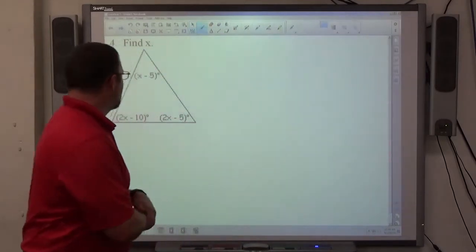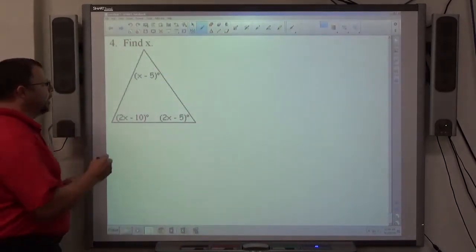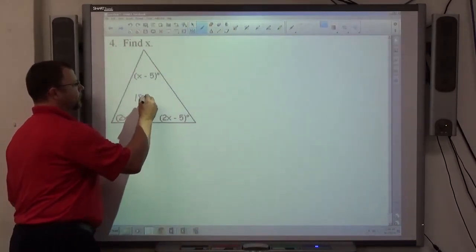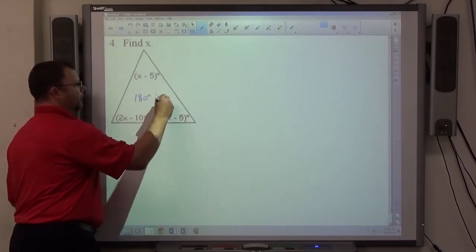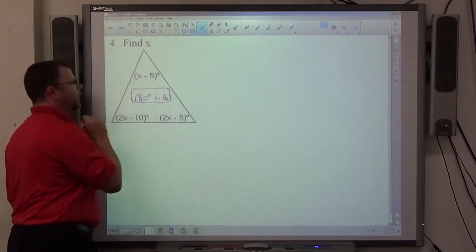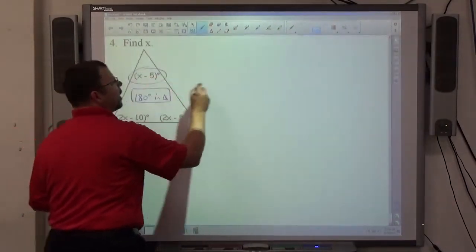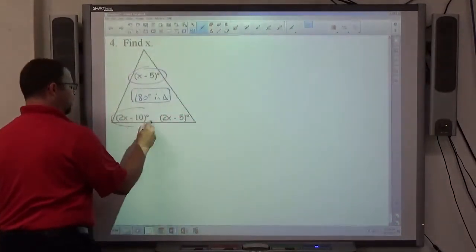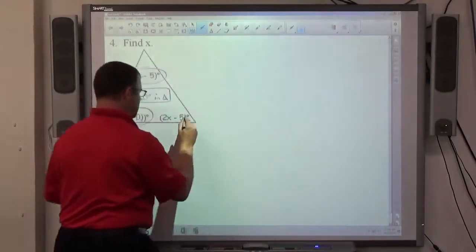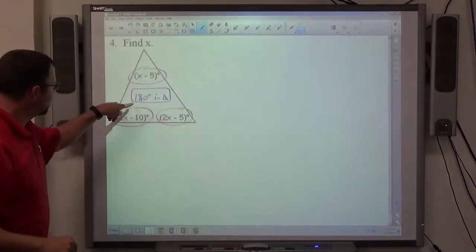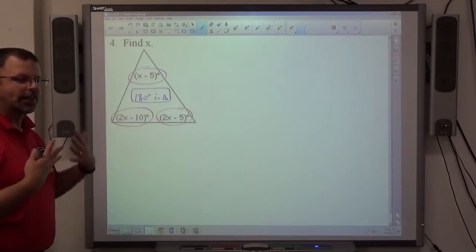Number 4 is based on a property. There's 180 degrees in a triangle. There's our property. The angles in this triangle are x minus 5, 2x minus 10, and 2x minus 5. The rule says those three angles have to add up to 180, so that's how I'm going to create an